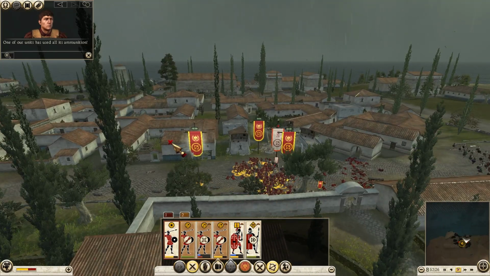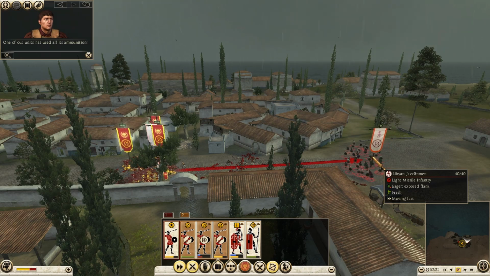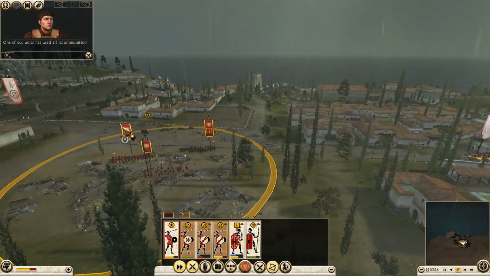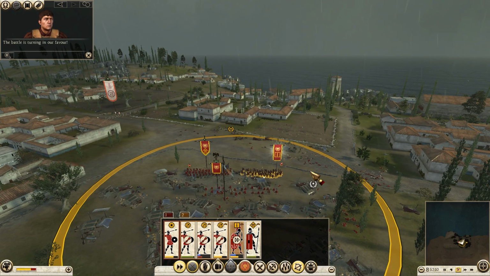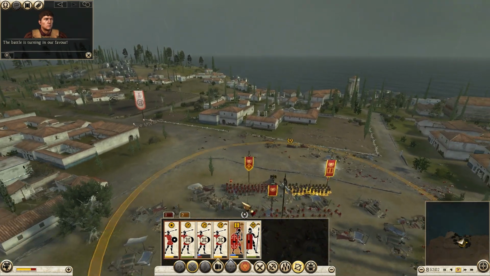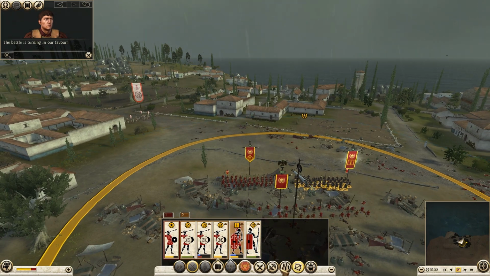Right, you guys are engaging now, yeah? Charge. Take care of these guys. Right, not bad, not bad. We'll see what these guys are willing to do. Come on, come on, come on. Okay, they're willing to engage again. The good thing is that these guys still have some...